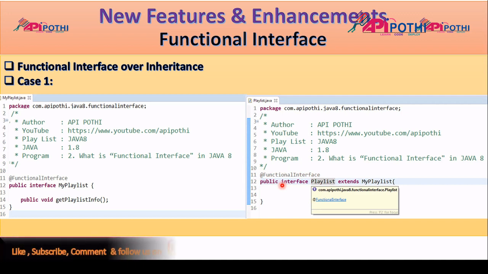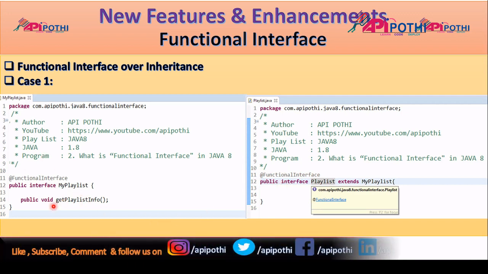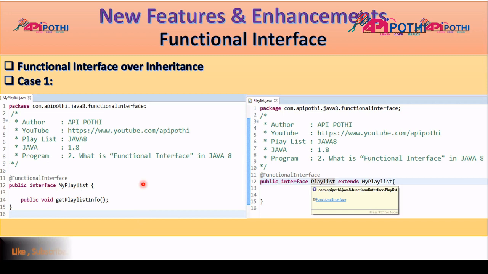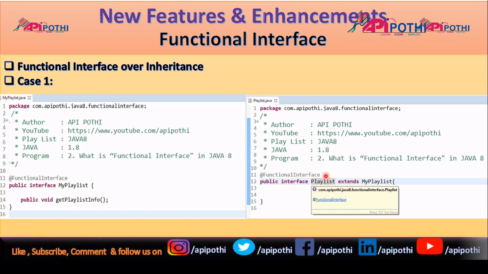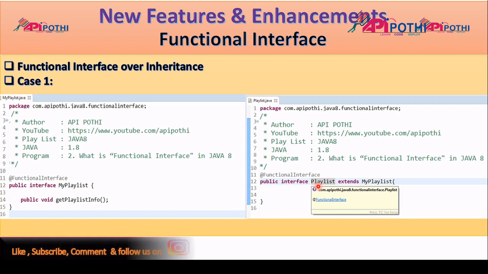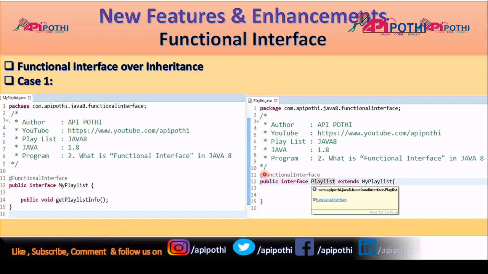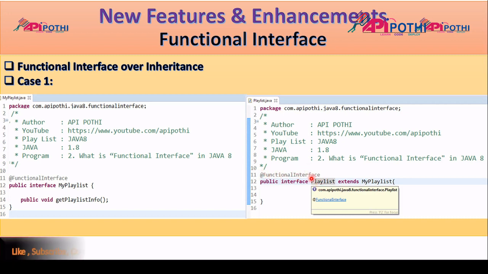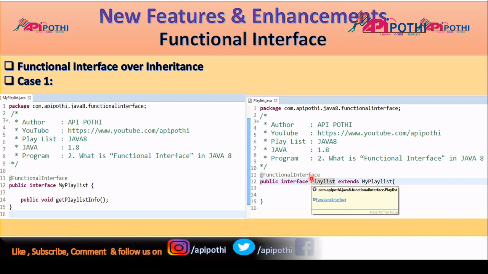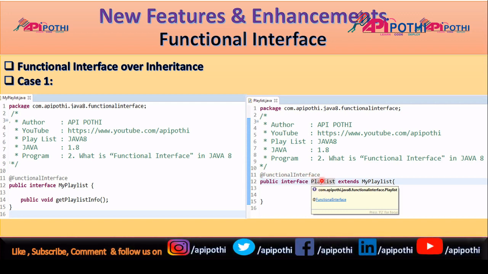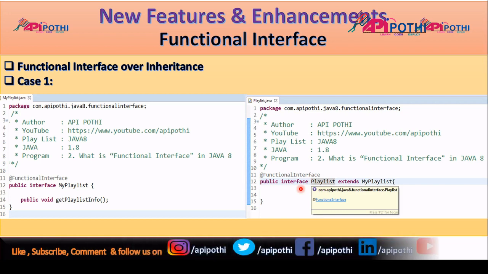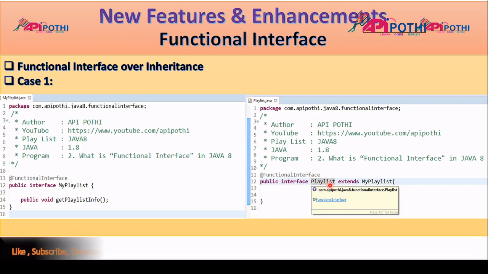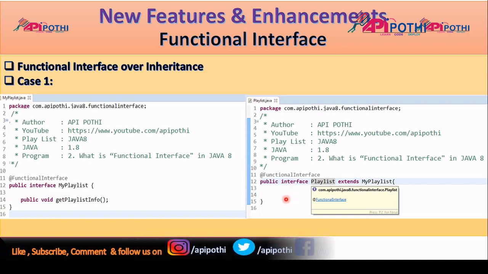Now my question is, obviously MyPlaylist is the functional interface, so no question there. Now coming to this area, should I say this Playlist is a functional interface? If you see, it is also annotated with @FunctionalInterface. So as per the rule of functional interface, Playlist should have only one unimplemented method. But you see nothing is there inside Playlist.